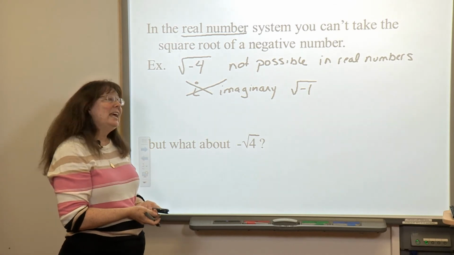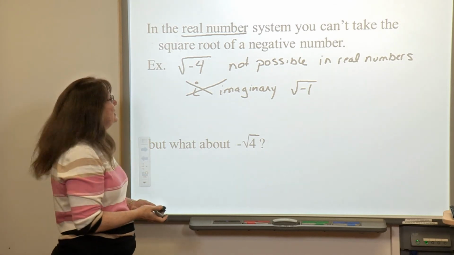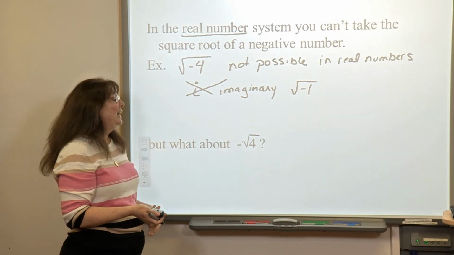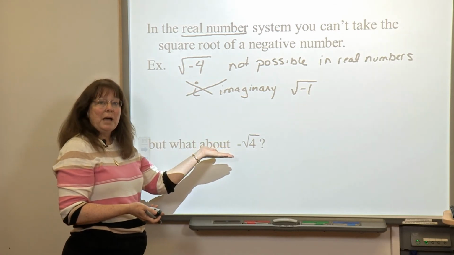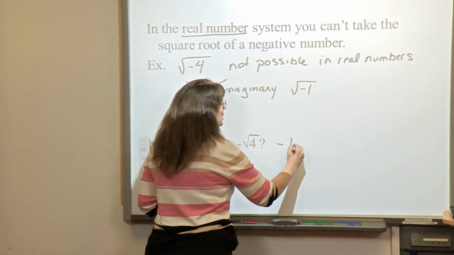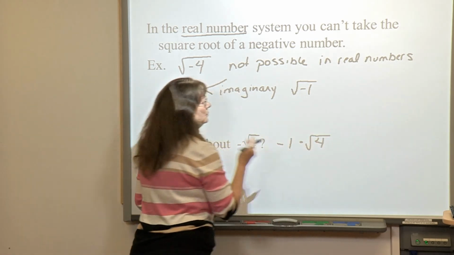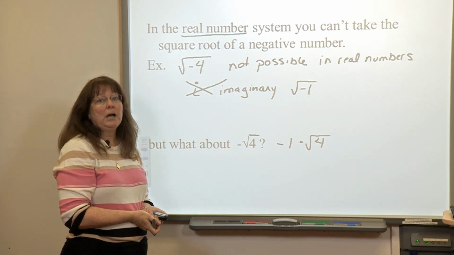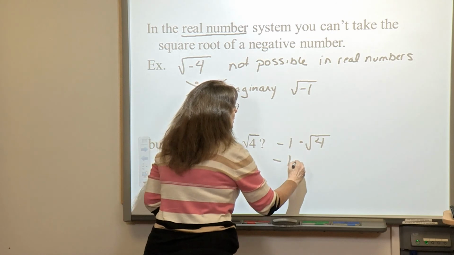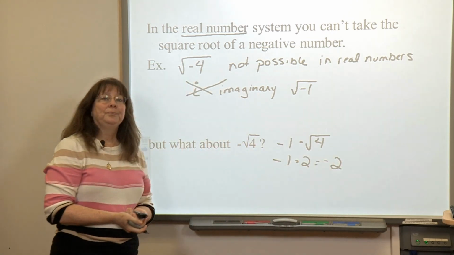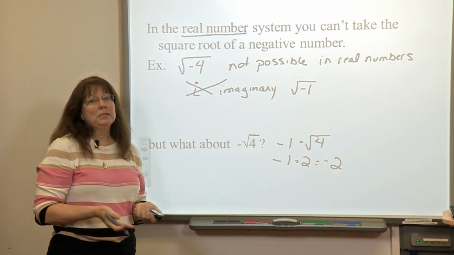What if you had negative the square root of 4? Is that different than the square root of negative 4? Yes. Again, like we were talking about with those powers, if you have that negative out front, you can think of it like negative 1 times the square root of 4. If we're only working with the principal square root, that's the positive one, I'd have negative 1 times 2, and it would give me negative 2 for my value. If you were looking at all possible ideas,